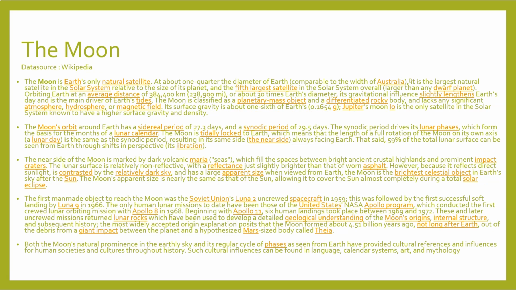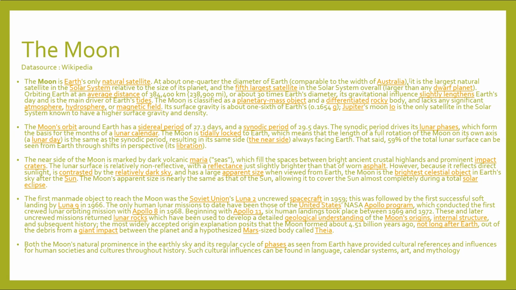So let's talk about the Moon. The Earth has a moon. The Moon is Earth's only natural satellite. At about 1/4 of the diameter of Earth, comparable to the width of Australia, it is the largest natural satellite in the solar system relative to the size of its planet, and the fifth largest satellite in the solar system overall, larger than any dwarf planet, orbiting Earth at the average distance of